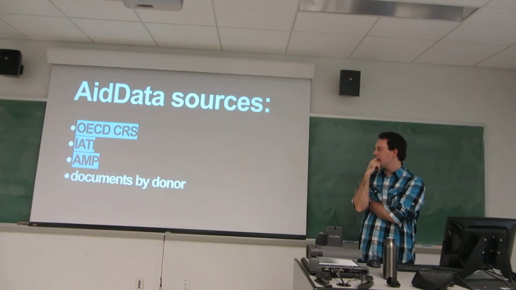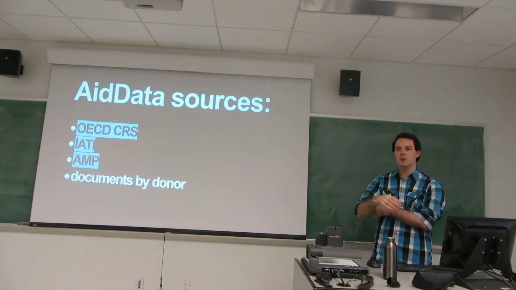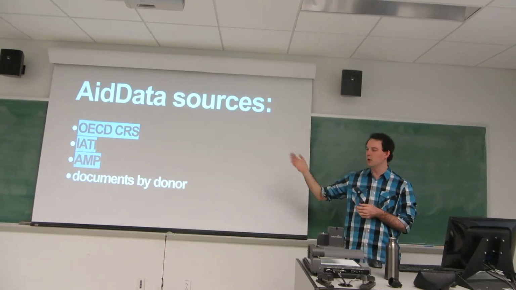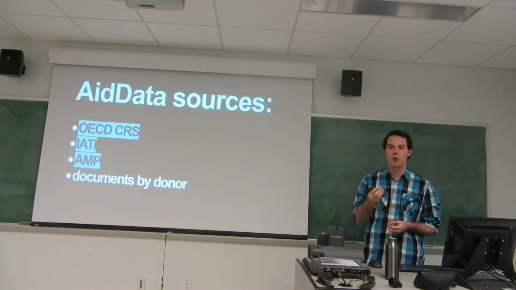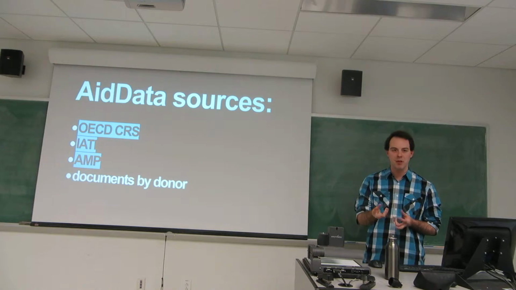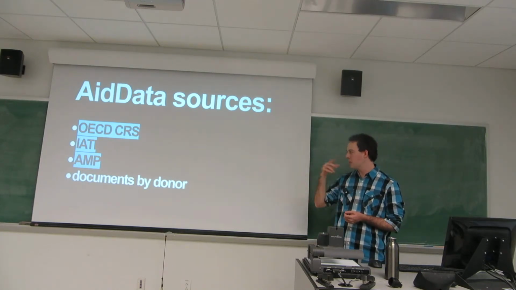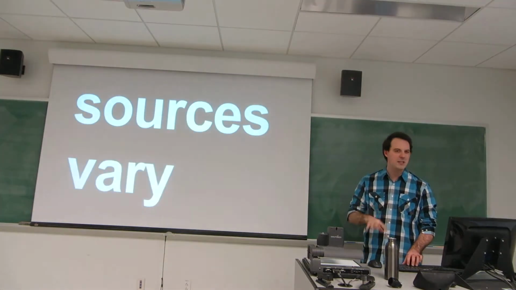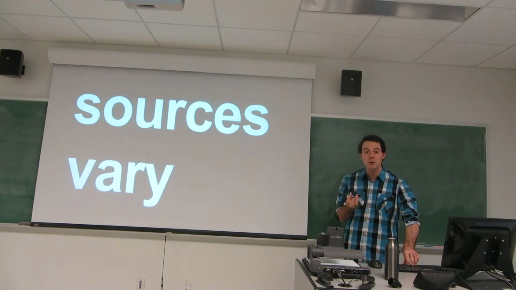IATI is another source, the International Aid Transparency Initiative. So we've been talking about aid transparency. It's been important enough that this big global initiative has been founded to get people together to agree on standards on how to record data about development finance. So that's one of our sources. And aid management platforms, which are country by country, are another source. And these sources are all different, and they attempt frequently to record the same information, which is one of our